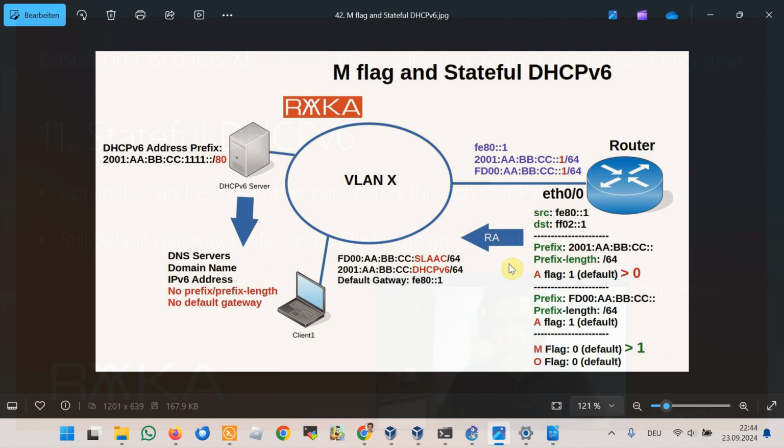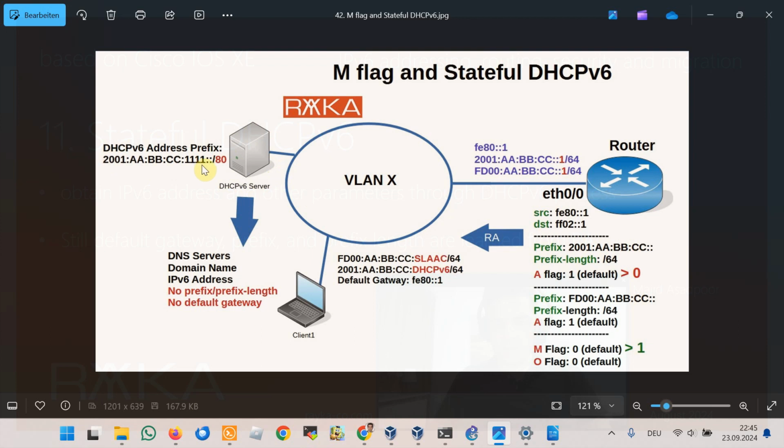When the client receives the router advertisement, it knows that it must obtain the unique local address still through a SLAAC process, since the A flag is enabled, but is not allowed to configure any IPv6 address in the prefix of global unique address. Already we have configured a DHCP version 6 server in the network. There is a prefix, a subset of the original prefix, configured in the DHCP version 6 server.